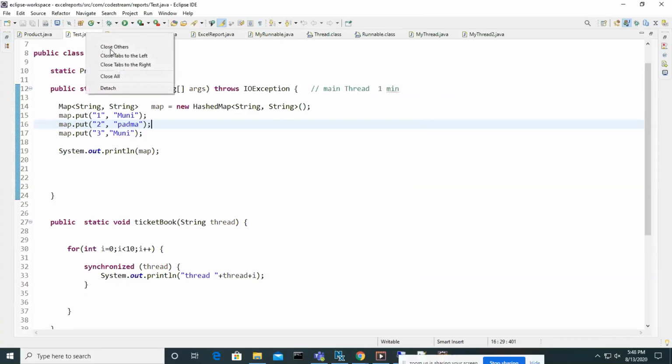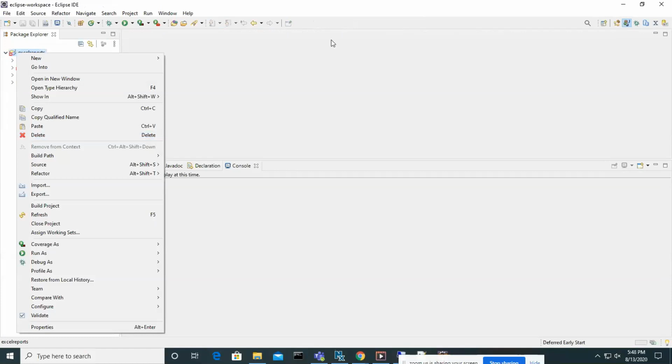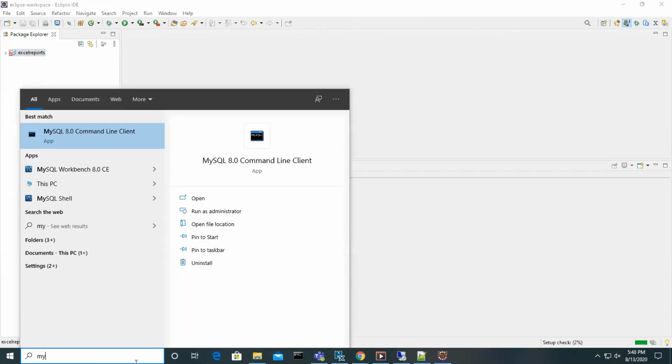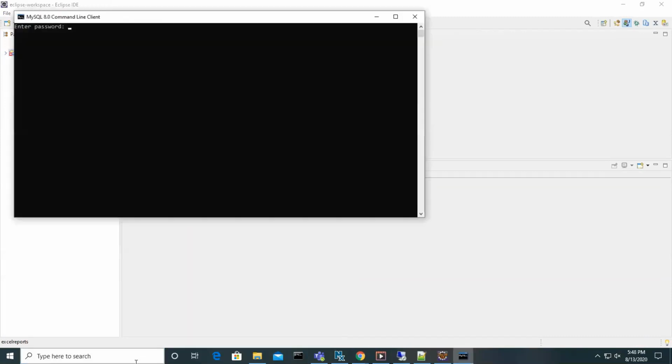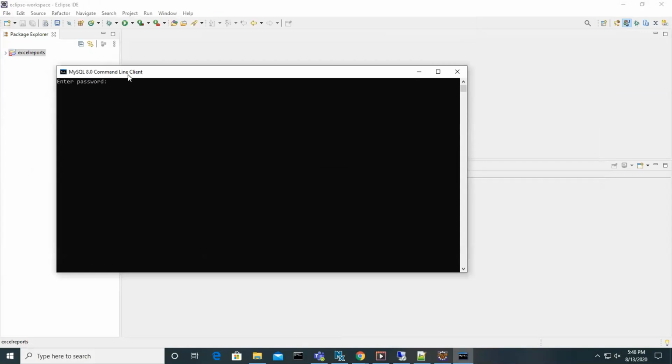So today we will try to write code. We'll try to understand what is JDBC. Whatever operations you did through the MySQL client, so this is the MySQL client, right? Whatever operations you did through the MySQL client, how to do the same operations at the Java level.